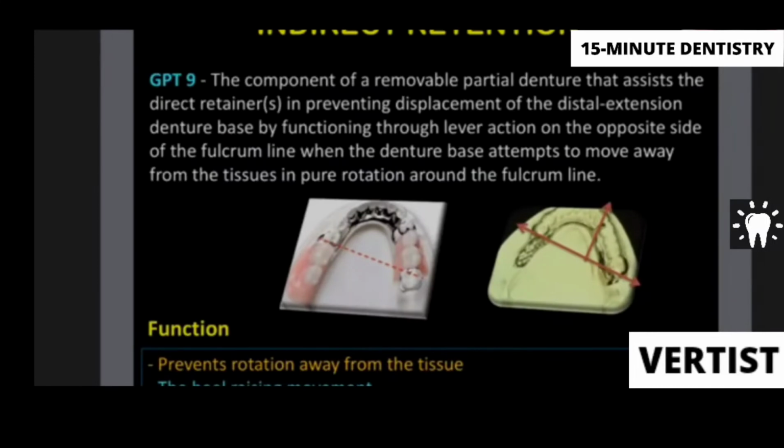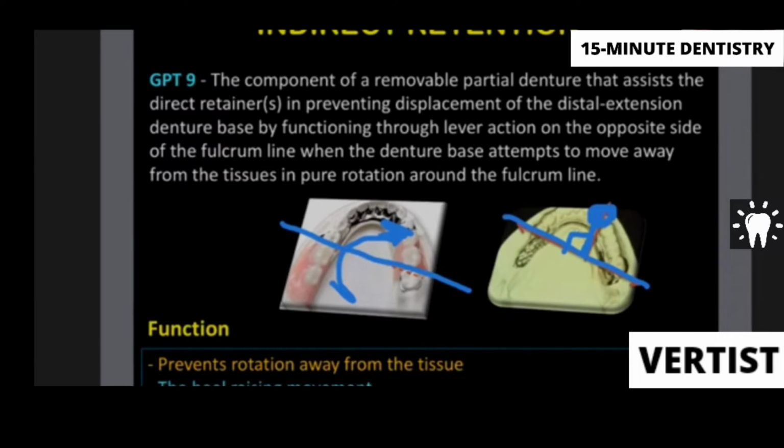The first type of movement I explained to you was passing along the principal occlusal rest of the abutment teeth. This is the fulcrum line, as you can see on both the sides. So if there's going to be a movement from here to here, then this kind of movement or rotation of the distal extension base has to be prevented by something which is at right angles to the fulcrum line. And that right angle placement of your indirect retainer is what is going to prevent this movement of